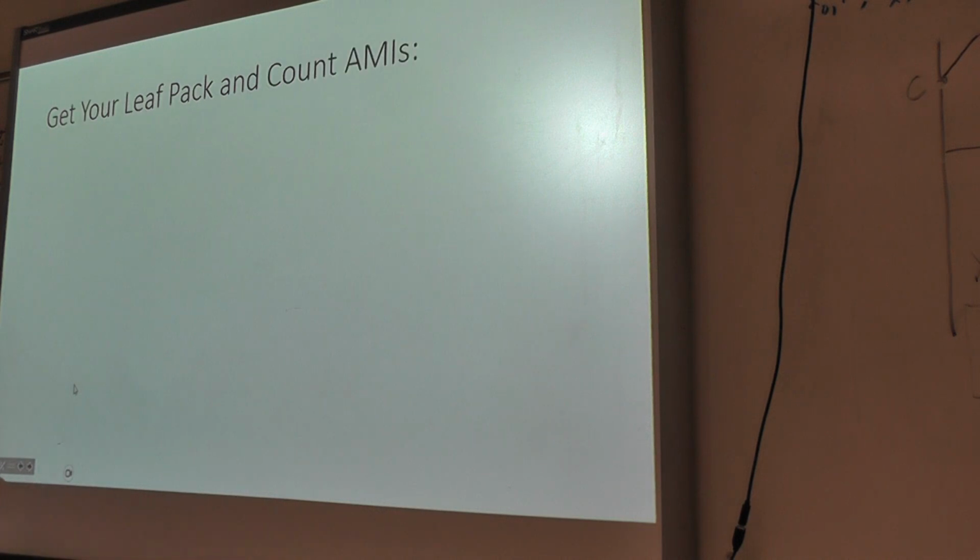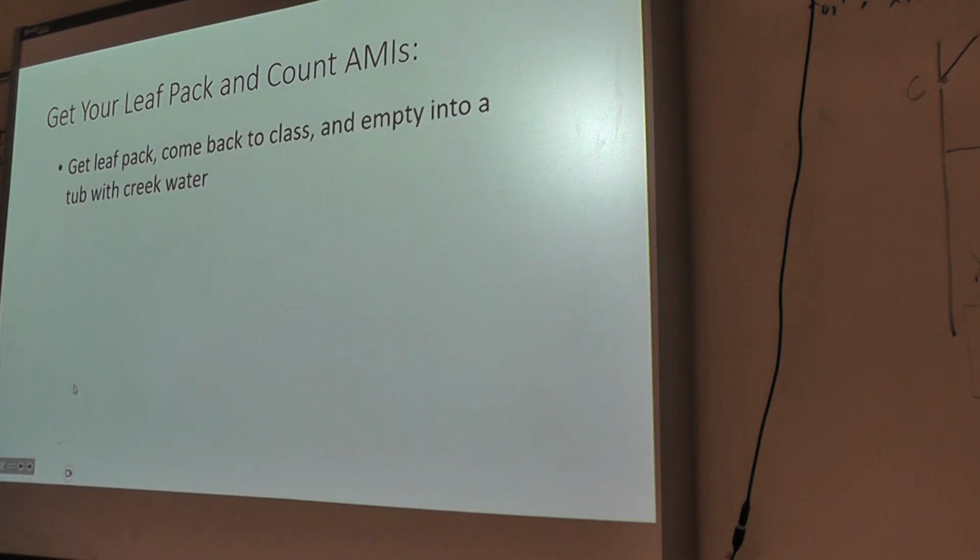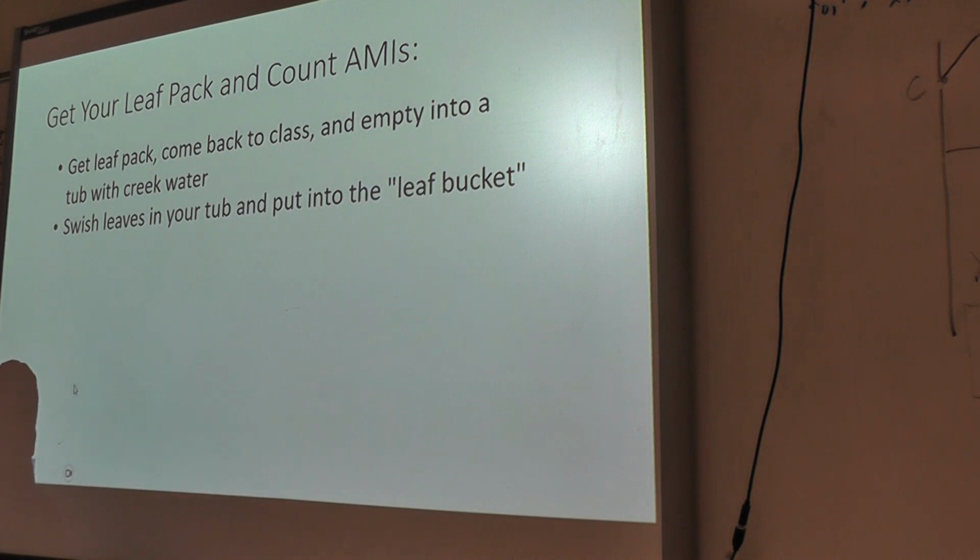And here's the process. Again, you don't have to write this down, this will stay up here. The process is, you get your leaf pack in one of the tubs and get a little bit of water into the tub as well, just like you did before. Most of you are going to find that it's kind of muddy. It's going to be a lot dirtier than it was before. And then when you go through your leaf pack, you'll probably need to cut the string with scissors. So we have scissors back there. You'll cut the